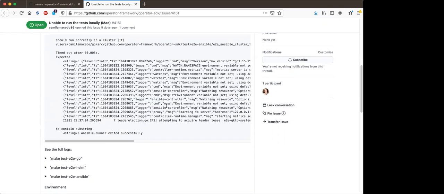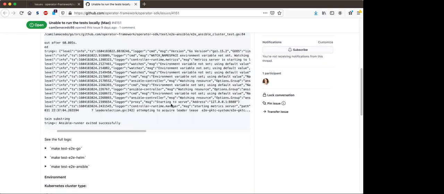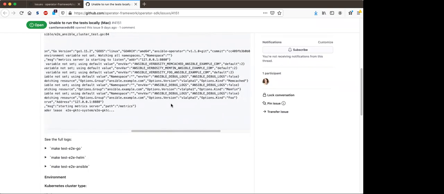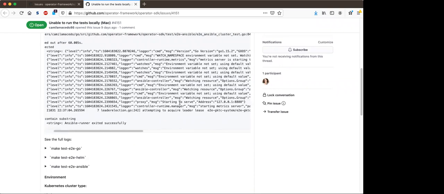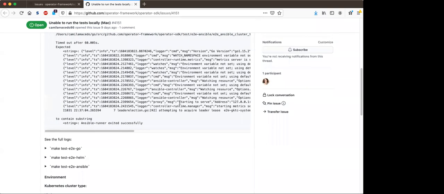Yeah, it's true. It was waiting. Sorry, I said something very silly. The error is that we are waiting for this string in the checks, and we didn't receive it. So the reconcile was not made at all. Right.